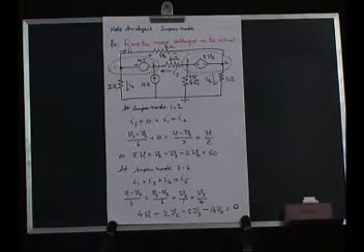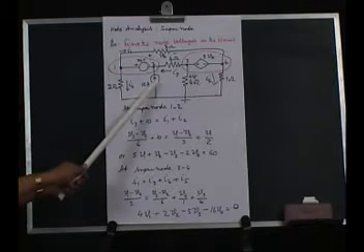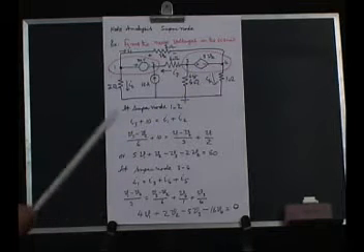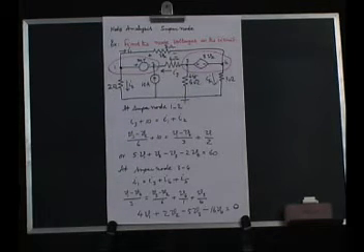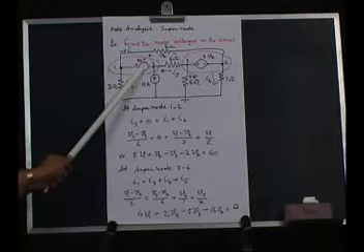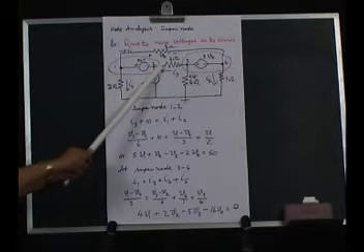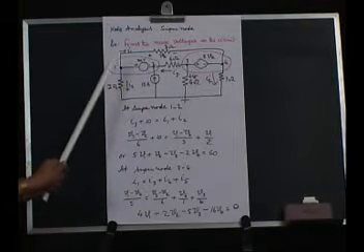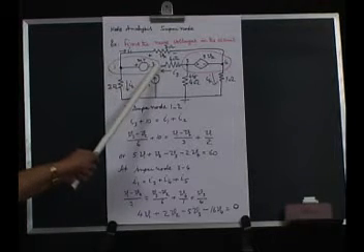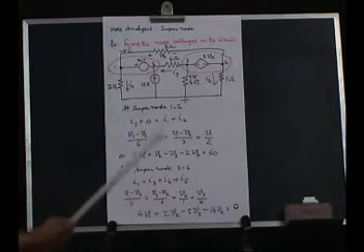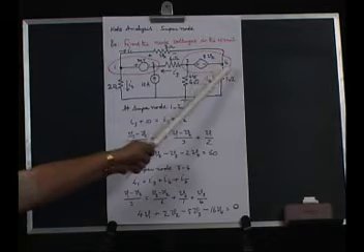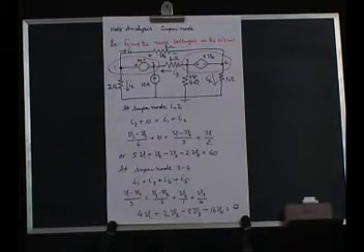We shall examine a more complex network. Here there is a current source, there is a dependent voltage source, and there is an independent voltage source. This is the reference node or datum node. This voltage source is connected between two non-reference nodes 1 and 2. This dependent voltage source is again connected between two non-reference nodes 3 and 4. How to analyze it?